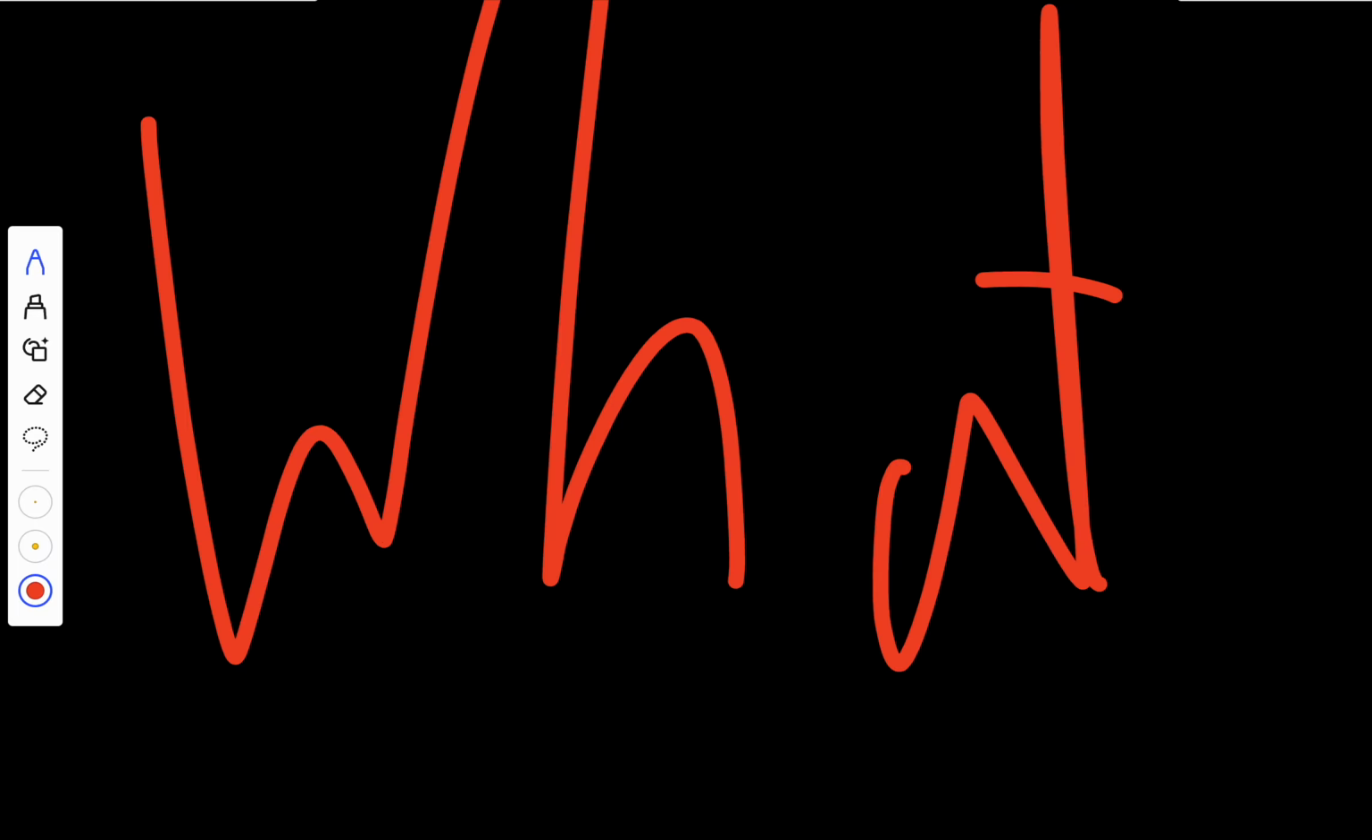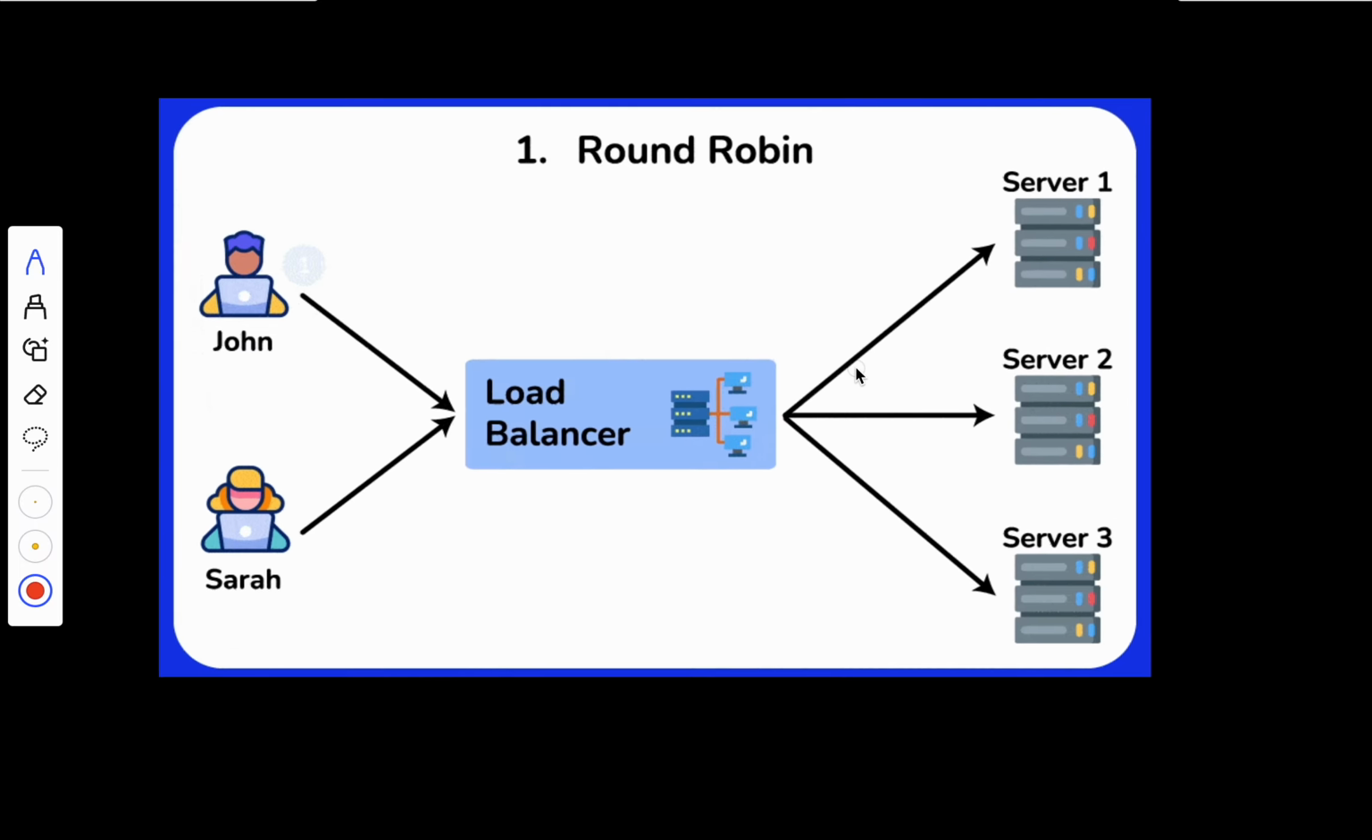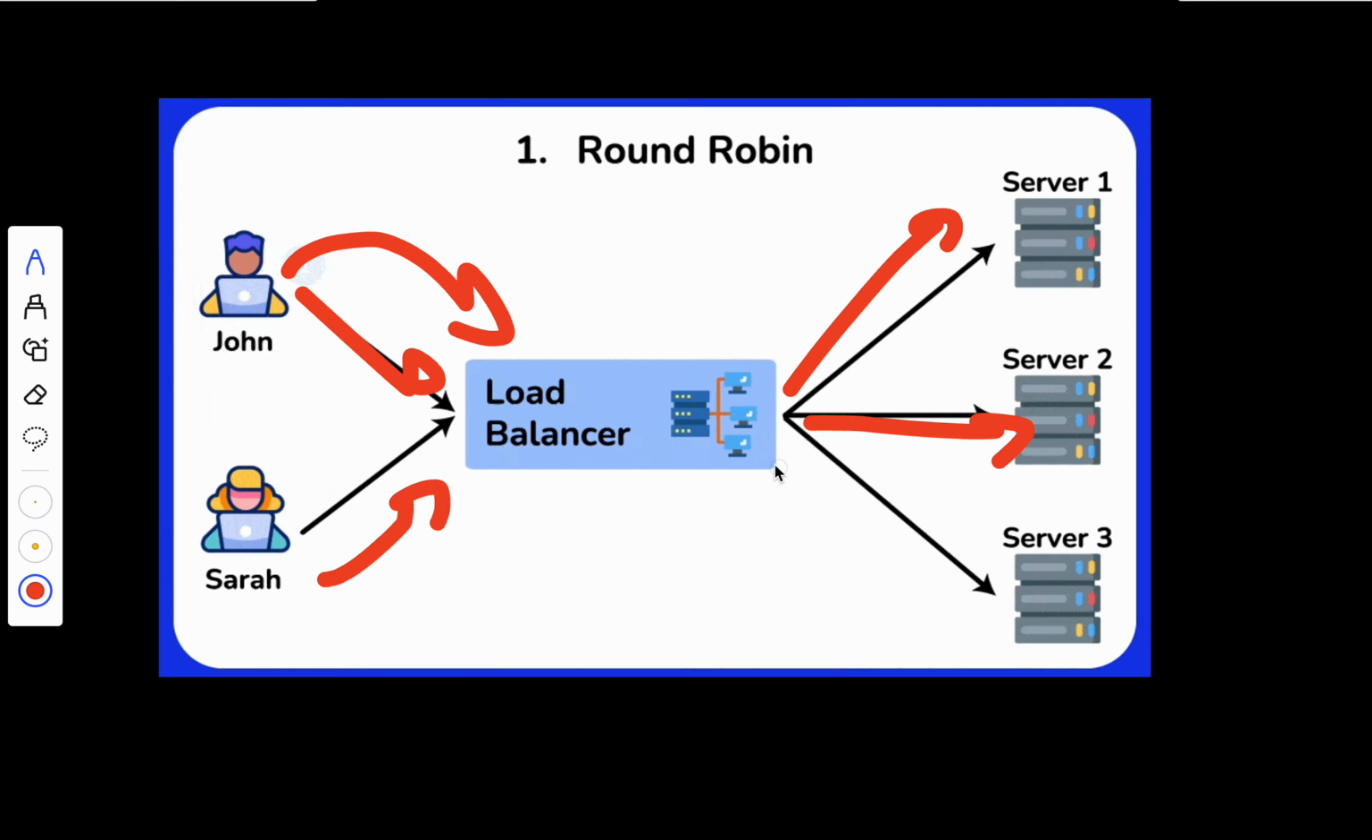Now let's break down the most widely used algorithms in load balancing, starting from the simplest to the most advanced. So we start with round robin. The load balancer forwards each incoming request to the next server in a cyclic order. So when John sends a request, it goes to server 1, Sarah sends a request, it goes to server 2, John sends another request, it goes to server 3, Sarah sends another one, it goes to server 1,